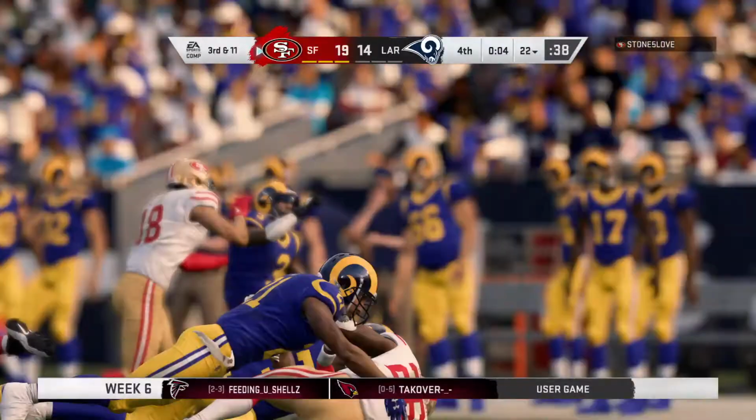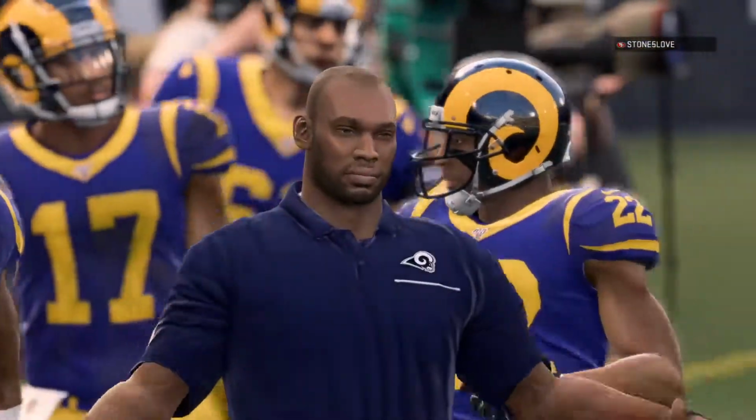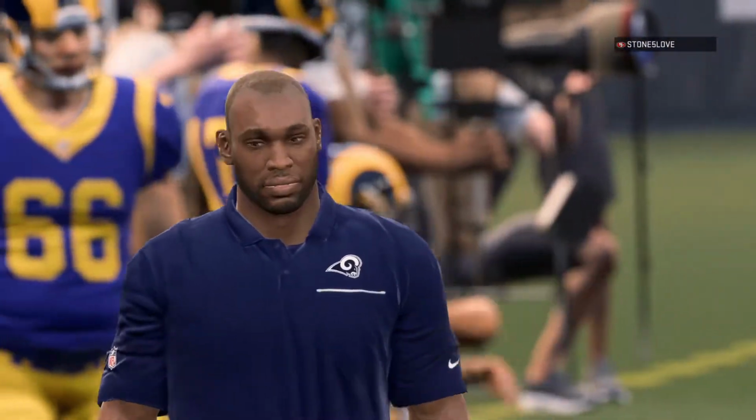The 2nd down play, not much better than the first. Just a gain of 1 there. So the victory here for San Francisco, and it was their